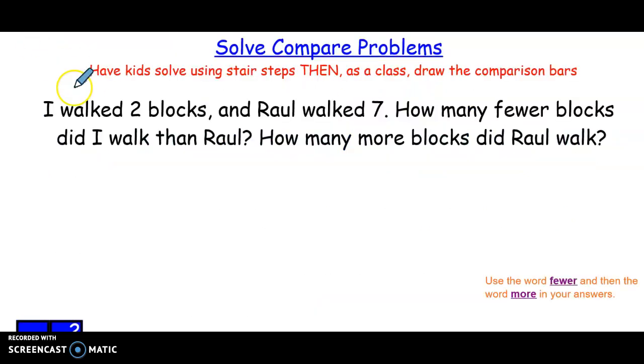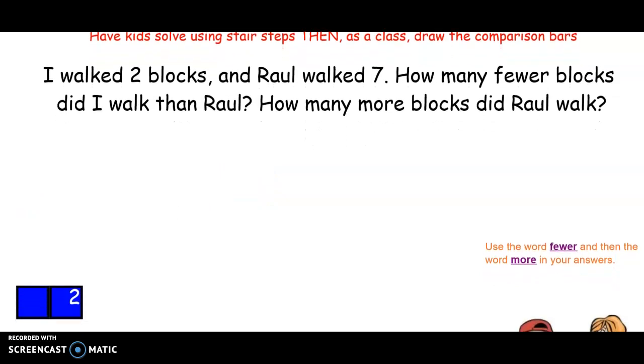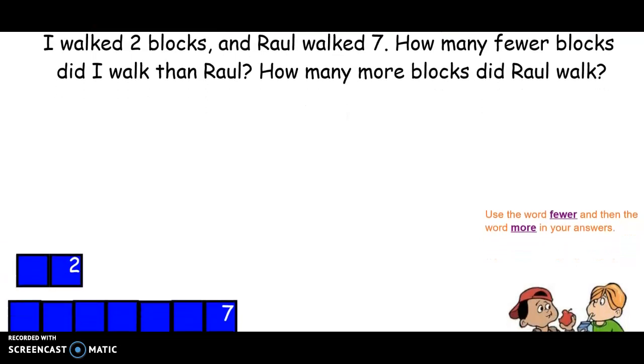All right, so let's try this one. We want to use the word fewer and then the word more in our answer because we have 2 questions here. So we're going to use the stair steps to solve first and then draw the comparison bars. I walked 2 blocks and Raul walked 7. How many fewer blocks did I walk than Raul? And how many more blocks did Raul walk? Again, this is our situation where we have 2 known quantities. We know both of the quantities and we're looking to compare. So we're going to put